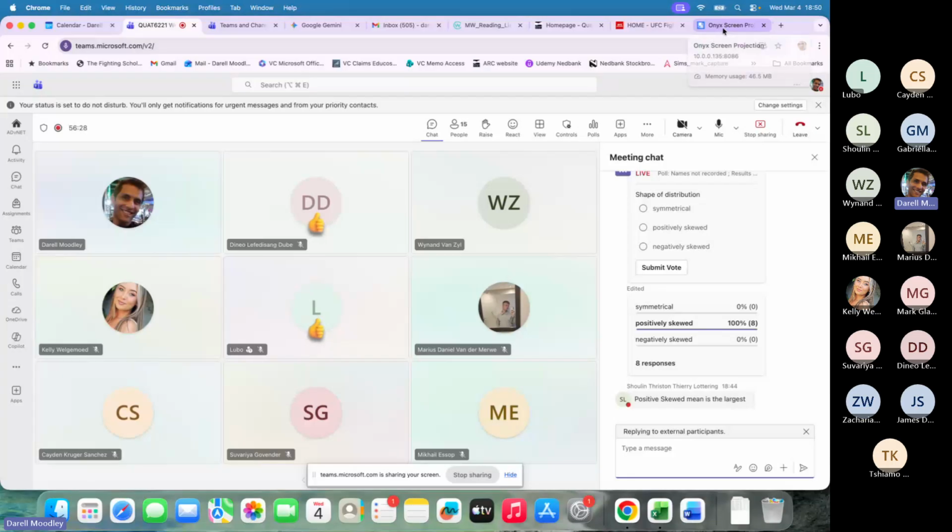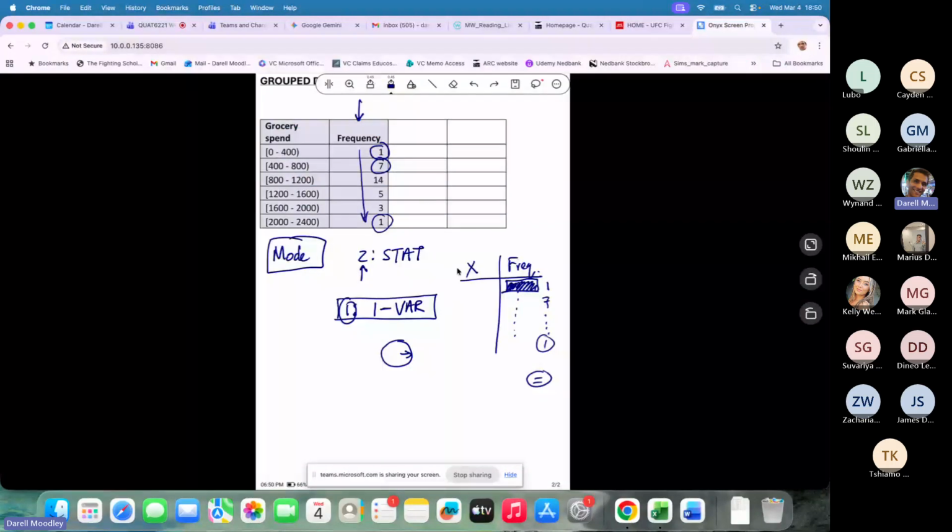Let's go back. Cool. Great. I'll go back to it. Okay, so everyone captured all the frequency values. Now, if you captured all the frequency values, you would have seen that your calculator just automatically populates 0